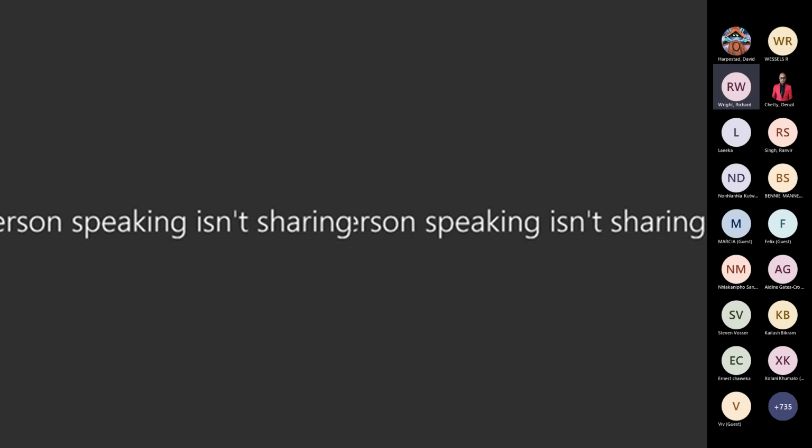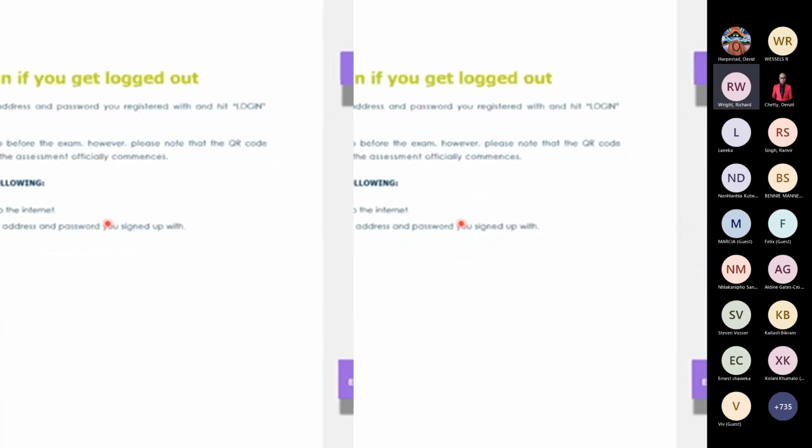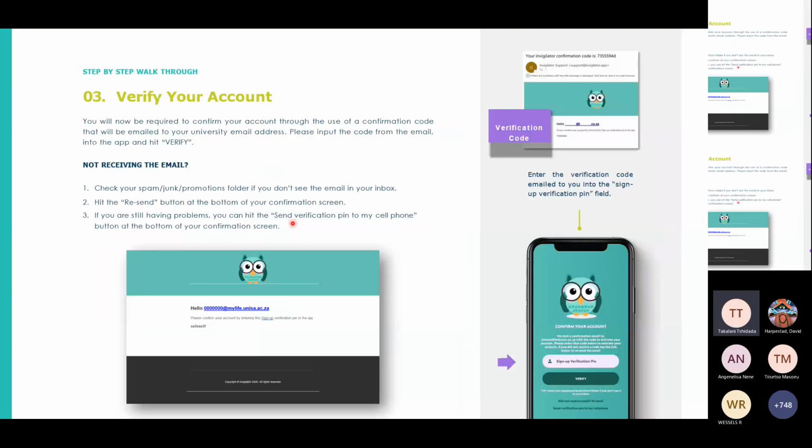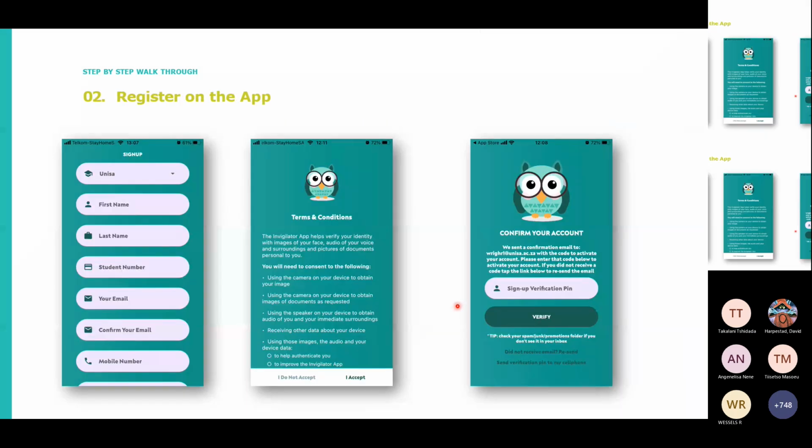So just go back to the email. I don't have an email from the Invigilator app. You don't have one? The only one I have for today was MNG. Then it sent me the Invigilator app QR code and instructions. Is it that email? No. It should be as soon as you completed the steps here where you inserted all your emails, and then it